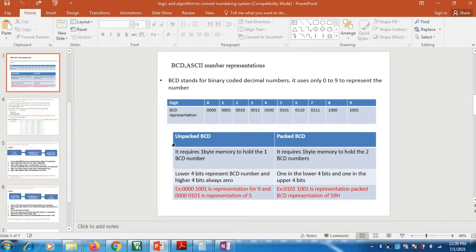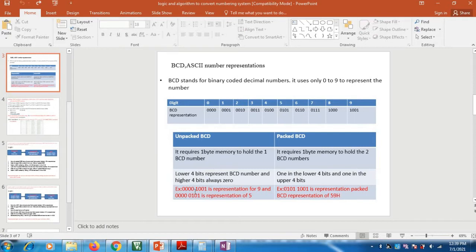Unpacked BCD requires 1 byte of memory to hold 1 BCD digit. In that byte, the lower 4 bits represent the BCD digit and the higher 4 bits are always 0.